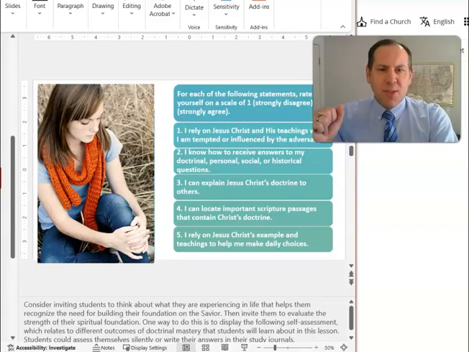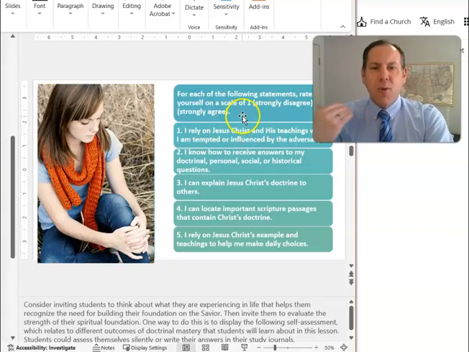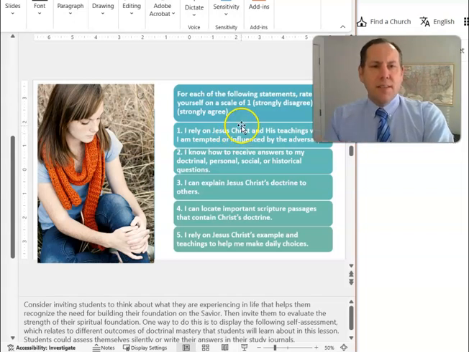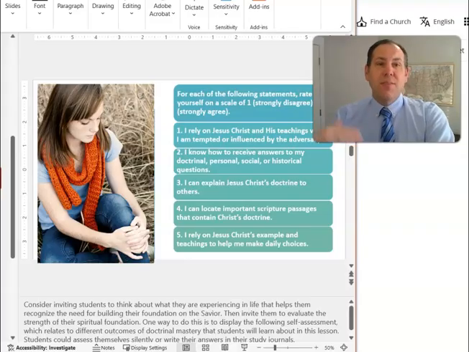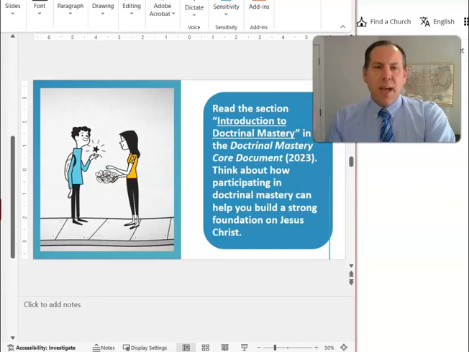I do sometimes too, but some of these, rate yourself on these phrases. I feel like we're kind of ready to go to Doctrinal Mastery here. And so I might skip this or get back to this, because this is an evaluation of where I am. I don't want students to feel guilty or feel like, whoa, wow, I'm lame. I might jump right to Doctrinal Mastery and say,